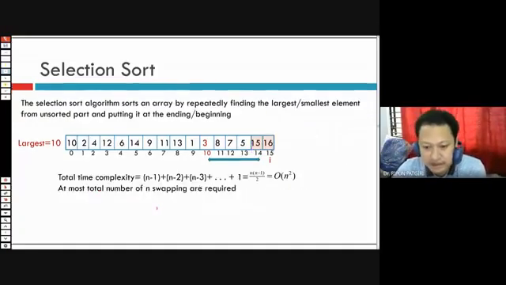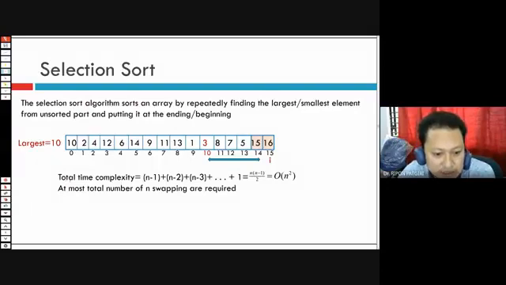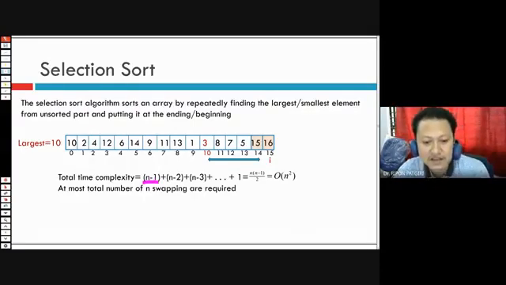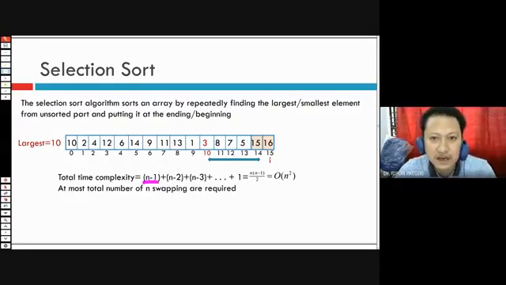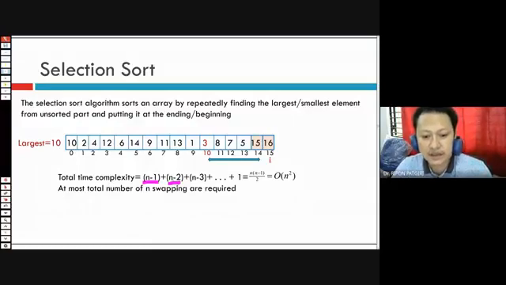If we continue this operation again and again, then what will be the total time complexity? Let me explain. First, we have seen that to place the largest element in the last place, it takes n minus 1 comparisons. To place the second largest element, it takes n minus 2.